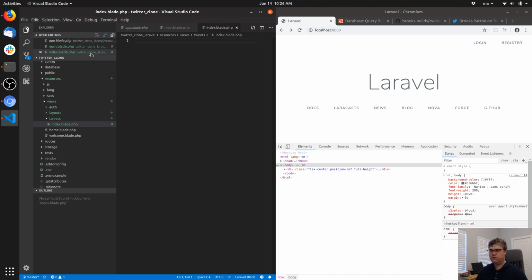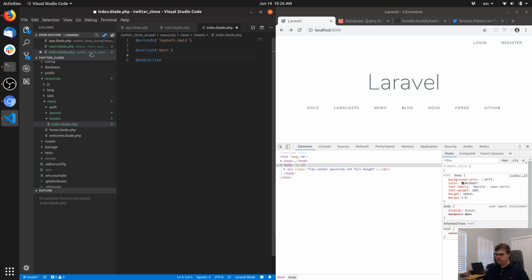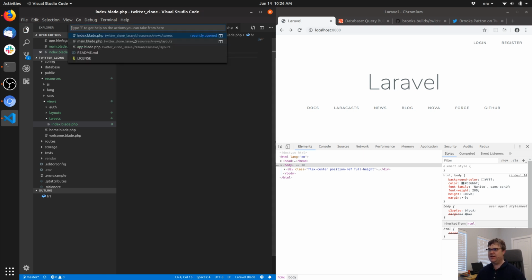Okay, so in index, we're going to extend layouts.main. I guess we just do this. Okay, section main. All right, so this is going to be like the actual tweets, right? So we'll just start with tweets, and that's all we're going to do. Now let's head on over to